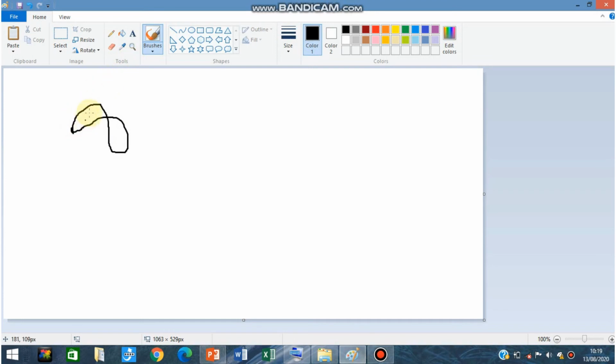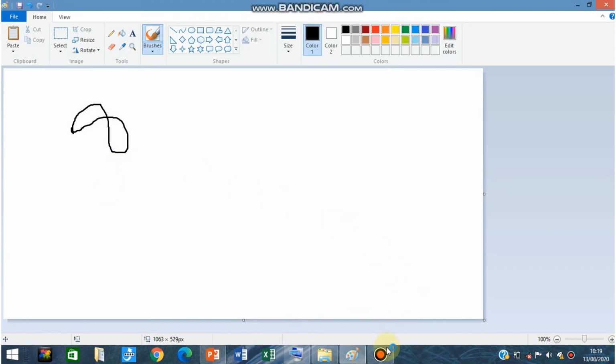So just like you make the drawing on the canvas, similarly you can use these brushes, or you can use this brush option to draw the drawing in this paint application. Fine. So in this way you can use the brush option to draw the drawings in this white area.